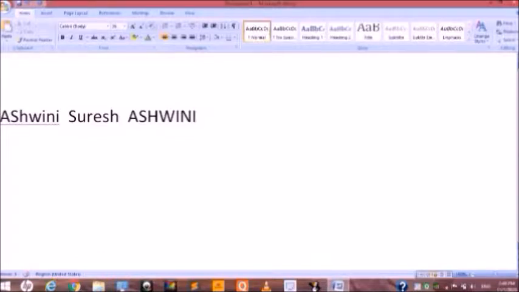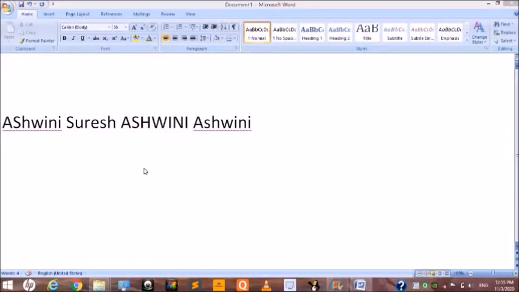Okay, in this way you can write your whole name in the form of capital letters by using the caps lock key. Or if you want to enter only the first letter capital and the others small, what we do is press the caps lock key, write the first letter, then again press the caps lock key, which indicates that the caps lock key is turned off, and then write your remaining letters in this way. Okay, means if you want to type the capital letter, we use the caps lock key.